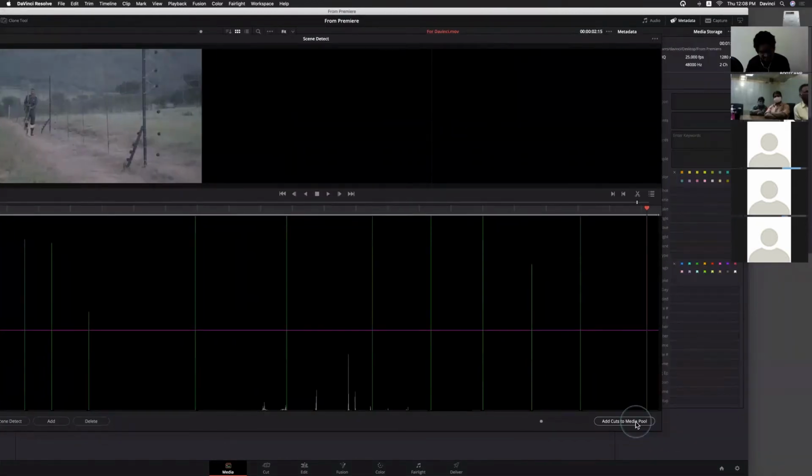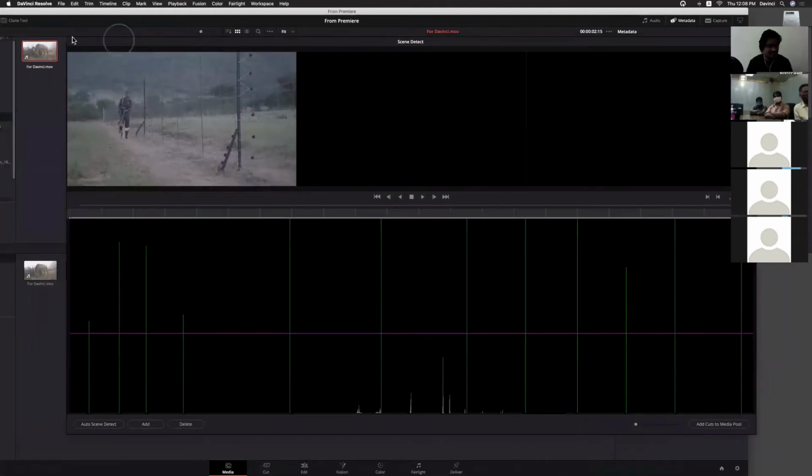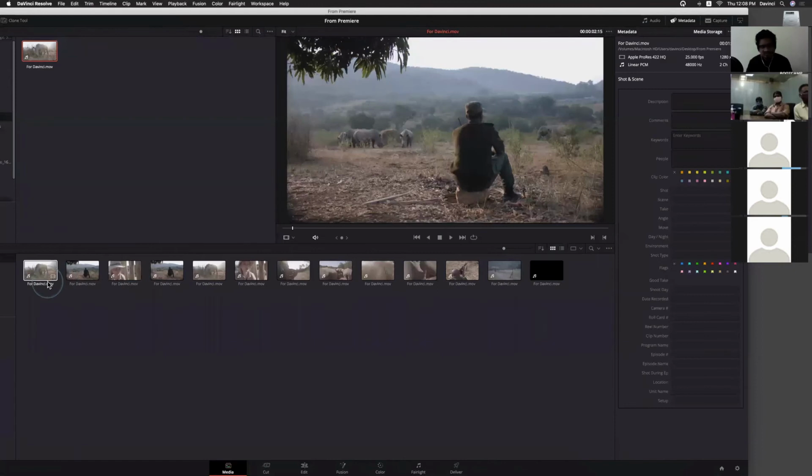Simply click add cuts to media pool. That's it. It will try to split the clips in your timeline. It will split the audio also, but you don't get any difference with the audio file when you use this option.